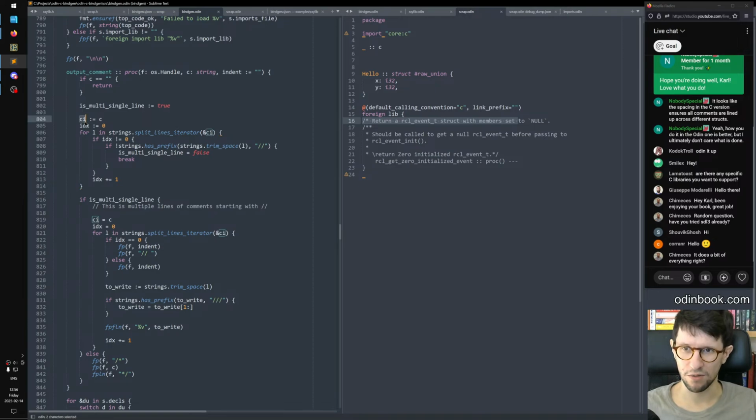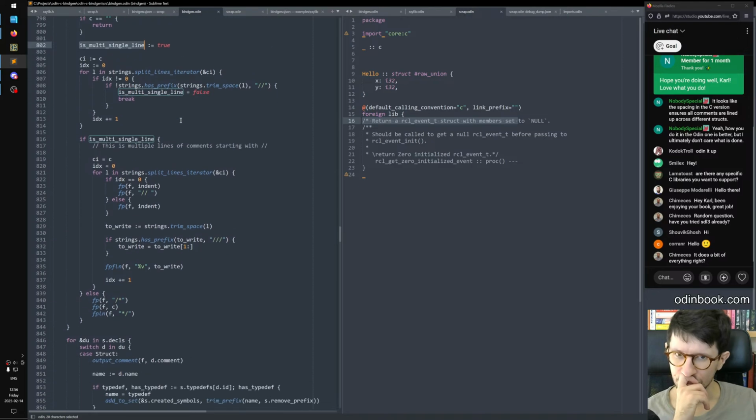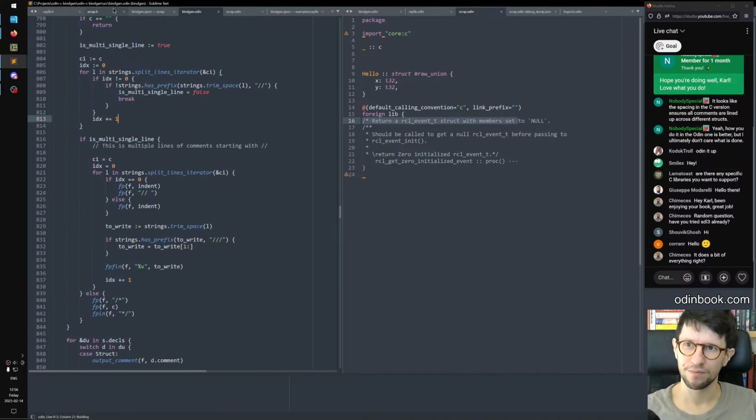Let's try to fix this ugly code. Is multi-single line. Why would that matter? Can I just rewrite this maybe? I think instead of all this stuff,